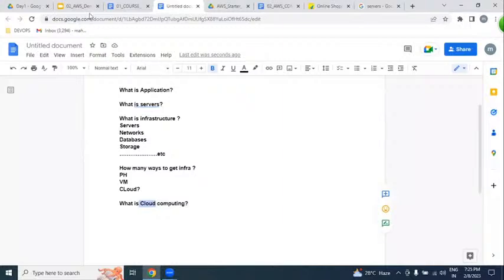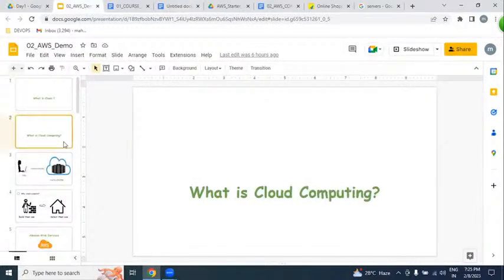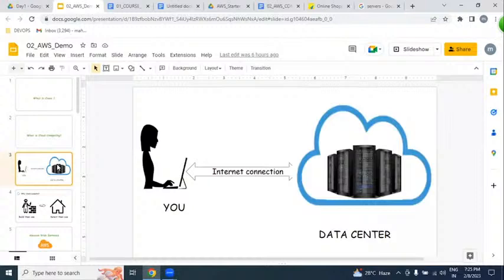So what is cloud computing? Remote placed resources. If you can access them over the internet from a laptop, that is cloud computing. We understood, it's very clear.